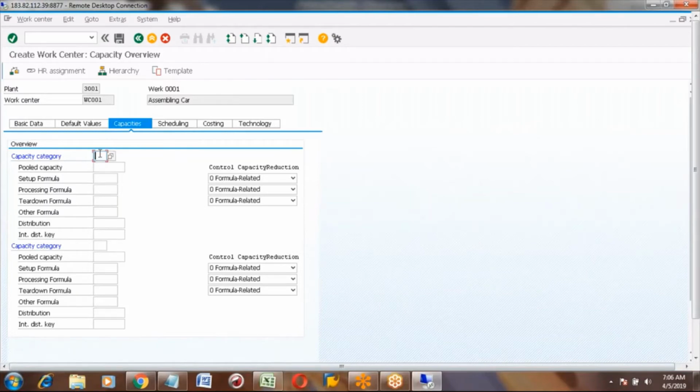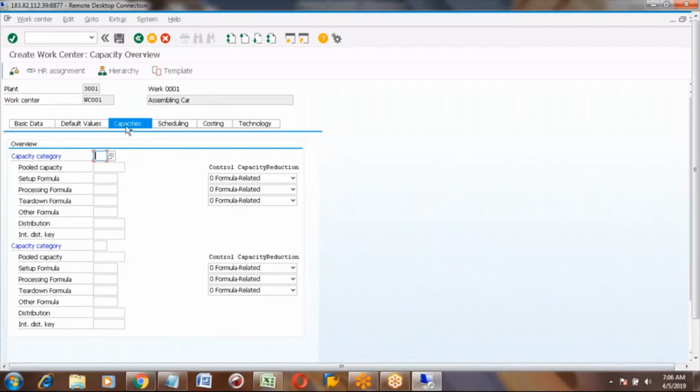Capacity categories can be created in a separate screen with a separate transaction code, or we can create them in this tab. All the machine capacity related data we will maintain in this tab.